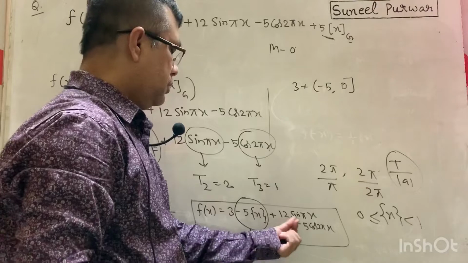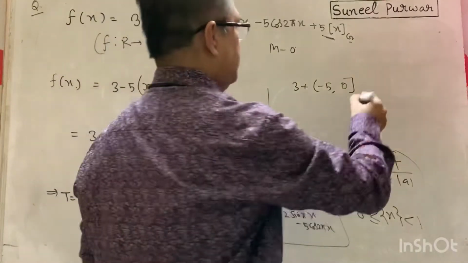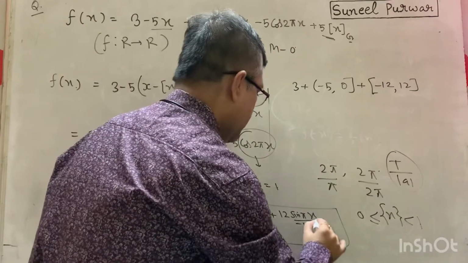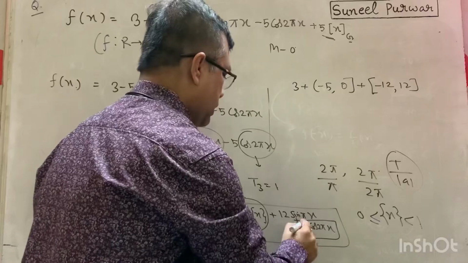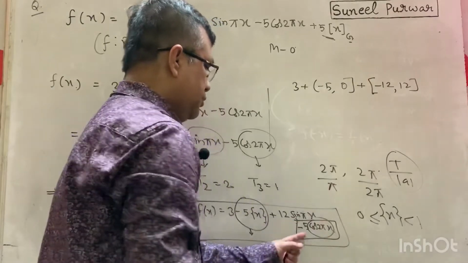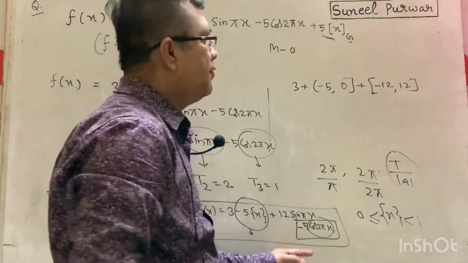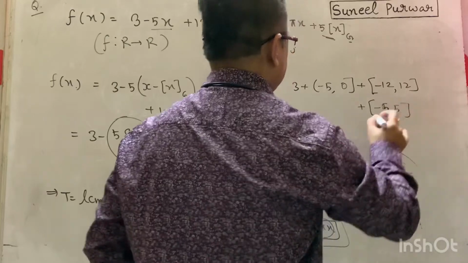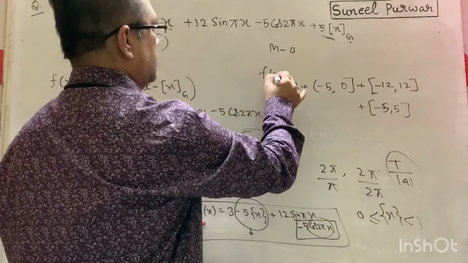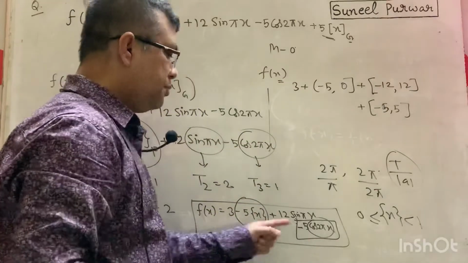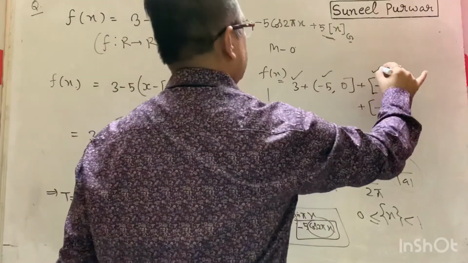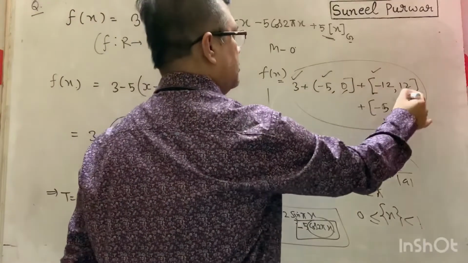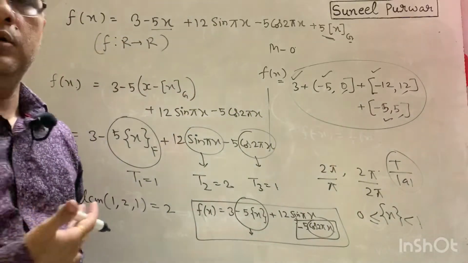This number can go between minus 12 to 12. And for the number minus 5 cos 2 pi x, you know cos theta always lies between minus 1 and 1, so this whole value will range between minus 5 and 5 only. So you see your f of x is made up of these components whose individual ranges are these. All these ranges have finite values only, 0, 12, 5, so it can never go to infinity.